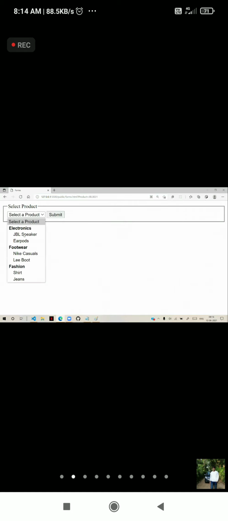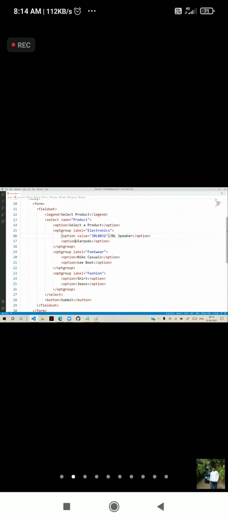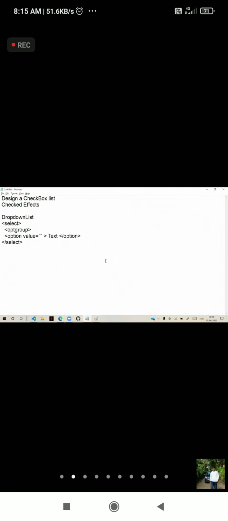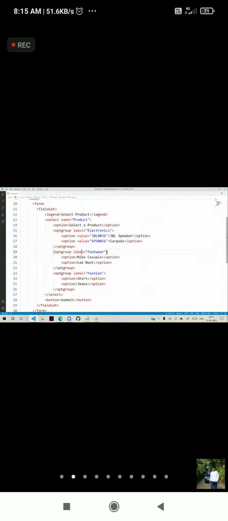For others, you see that earpods, it is submitting that earpods. But every product will have a certain code. You can submit that by using value. So this is generally used to submit a different value on selection. What you see is different, what they identify is different. That is the reason they should have a different value.